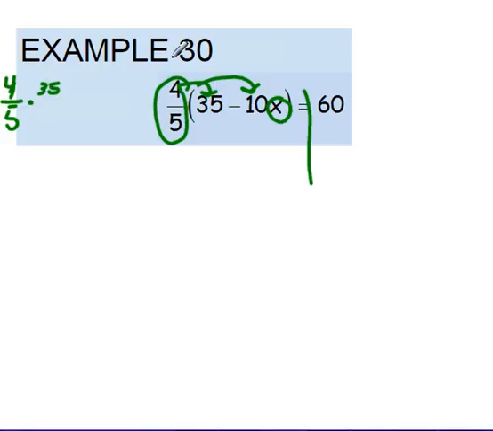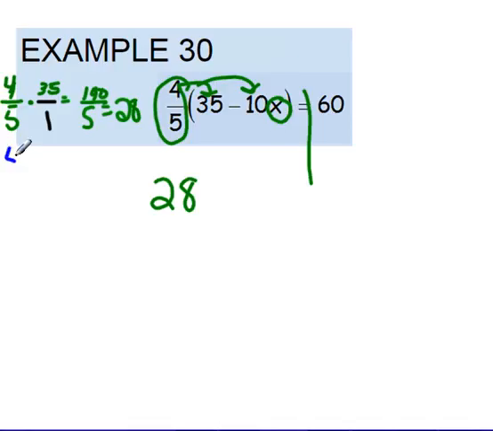And I'm going to turn that 35 into a fraction by putting it over 1. So now I have 4 times 35, which is 140, and I have the 5 here from 5 times 1. After that, we need to reduce it, and that reduces to, I believe, 28. So I'm going to start with 28 here, and then we're going to take that 10 from the negative 10x,